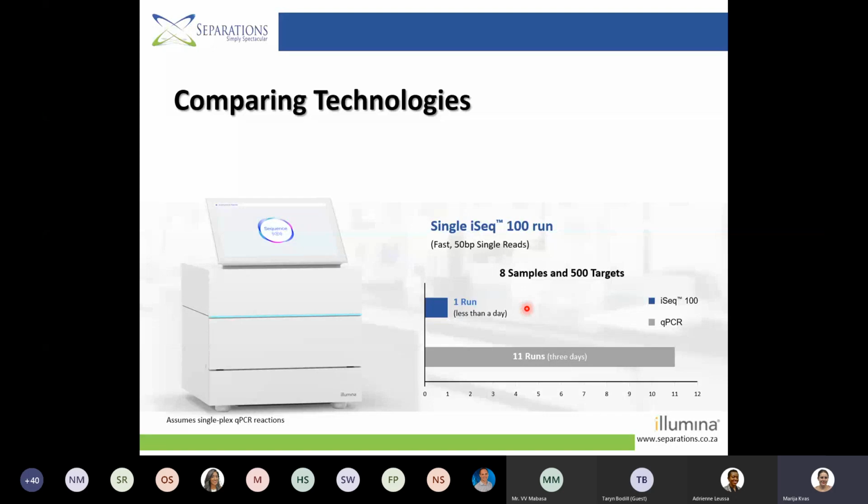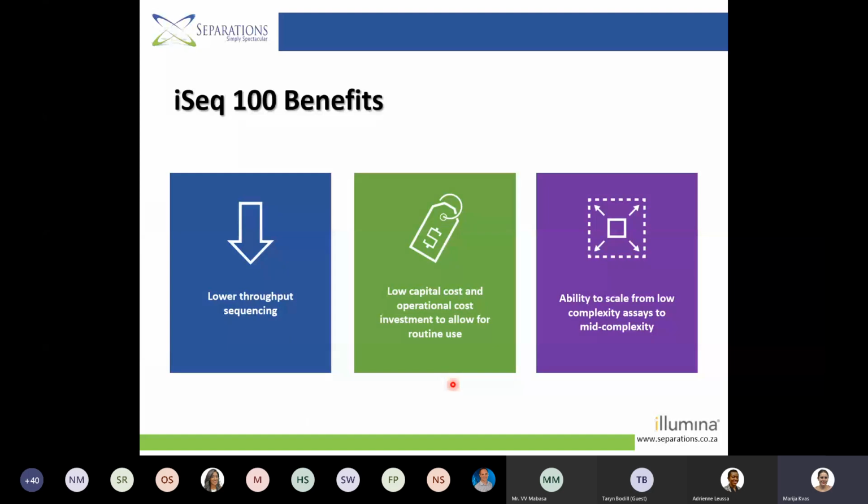You will be able to prepare your libraries and sequence it and get the data in less than 1 day. And you would be able to do that in one run, which means that obviously your costs will be much less than when it comes to qPCR. Like I said, it's really a low capital cost instrument which allows us to tune into so much more and to look at many different targets